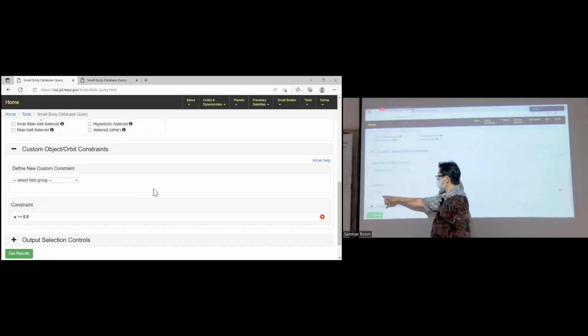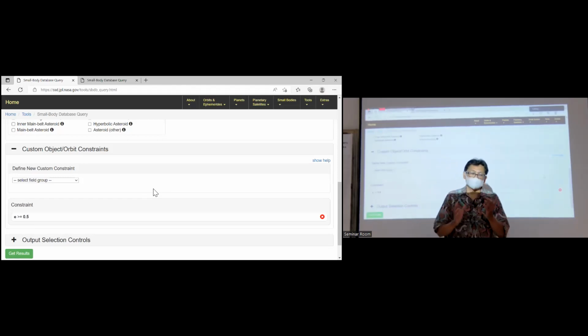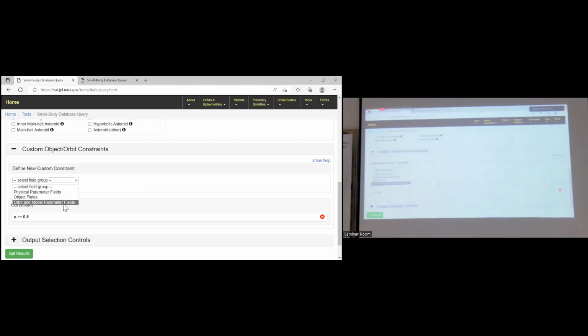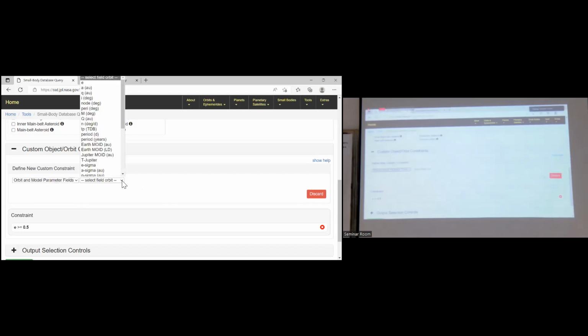You now have trans-Neptunian objects with eccentricity more than or equal to 0.5. That is one orbital parameter. We should select the other 5. Select again orbit and model parameter fields, but now you select A, astronomical unit.